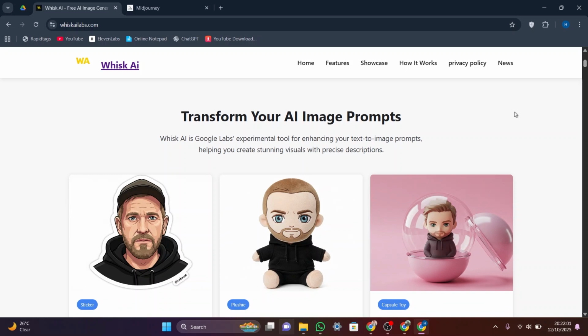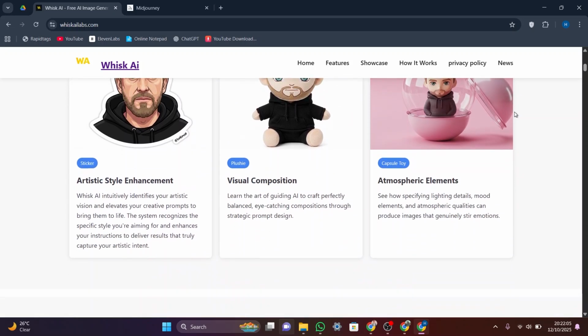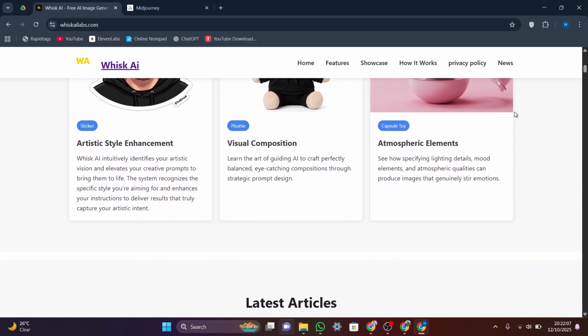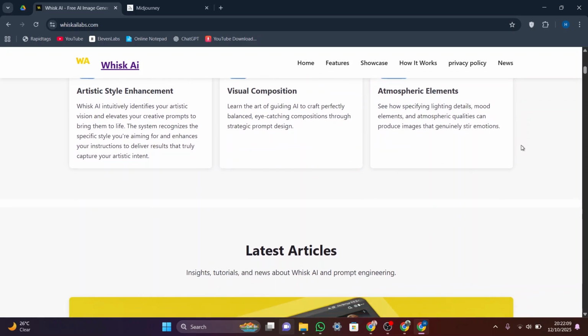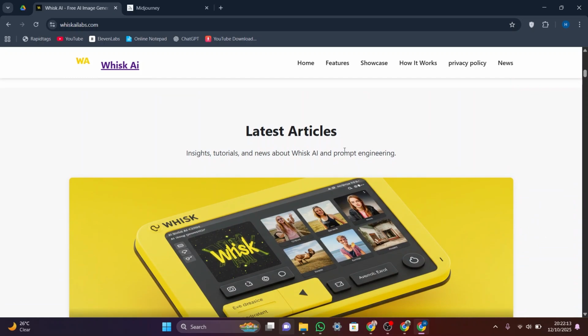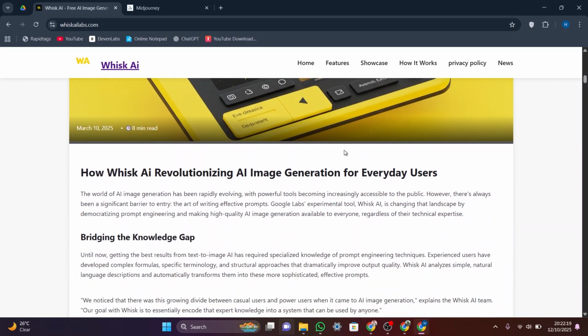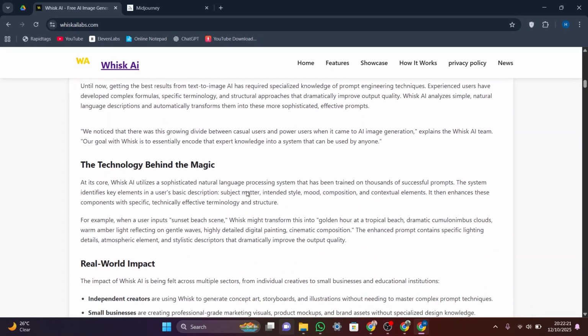It also has a precise mode, which helps keep small details like faces or certain objects clear while changing other parts. It's simple to use and doesn't need long or tricky prompts. Whisk is also connected with Veo 3, which can turn some of your images into short video clips. It's great for people who want quick, realistic results without spending too much time learning how to use it.